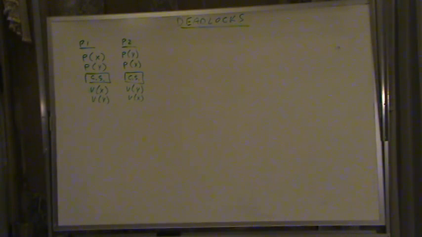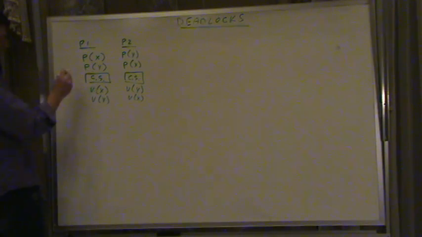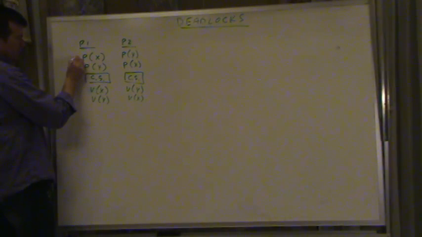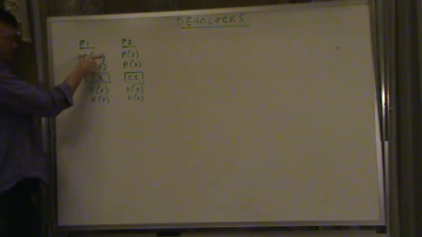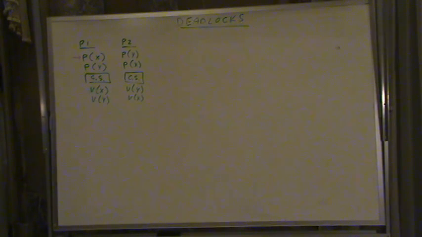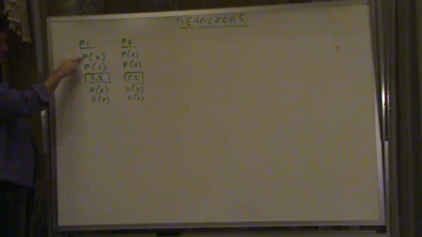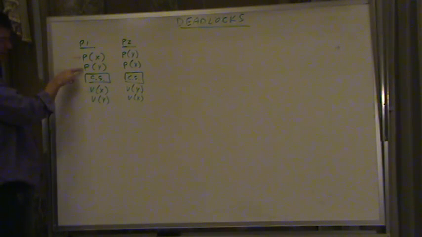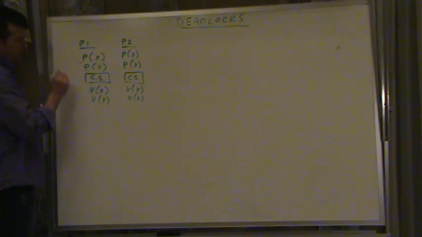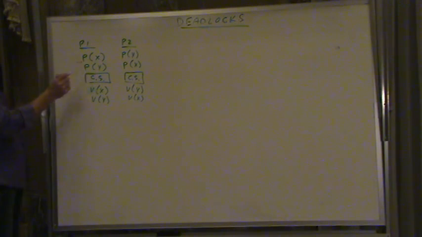But we can have a scenario where the operating system allows process 1 to run, and during the call to this function, it times out. Now, just remember, because this function is a system call, it's part of the operating system, it's not part of your user code. If you time out in the middle of this function, the operating system will allow the completion of this function. It'll give enough time for at least the function to finish. But you don't necessarily get to start the next one. So if it times out between this function call and this function call,